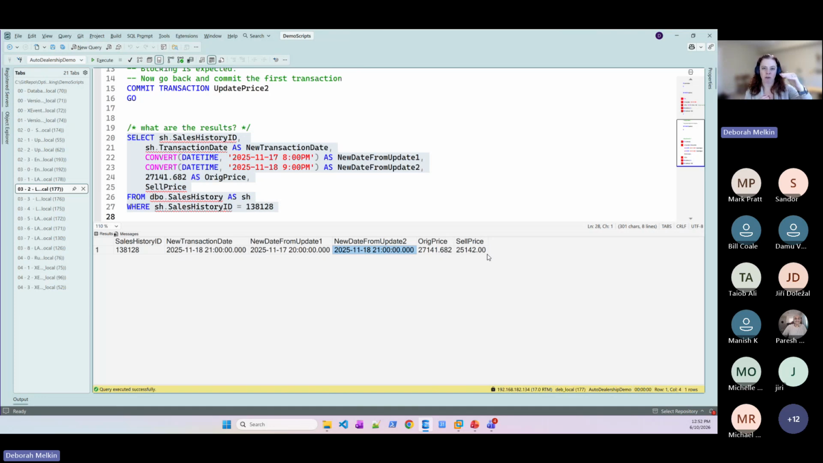So it took that first committed value, the first change that we made, it honored that first change, and then it applied the update, because it was after qualification, it applied that change on the second committed value. And so now we have a different sell price. That's pretty cool. But you can understand why you want to pay attention to the order that things get updated